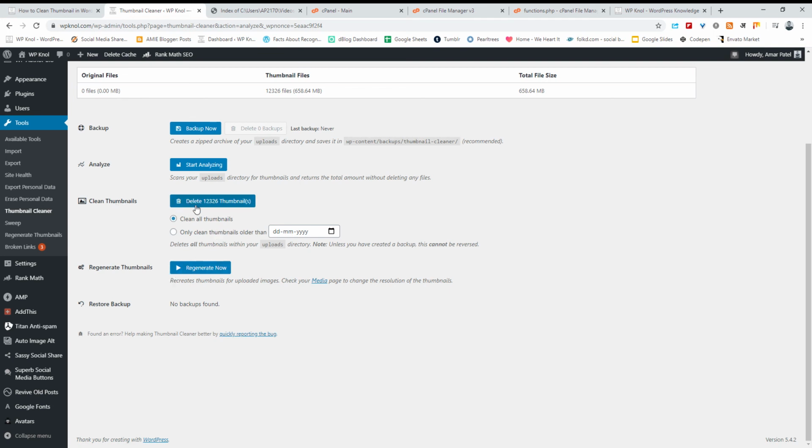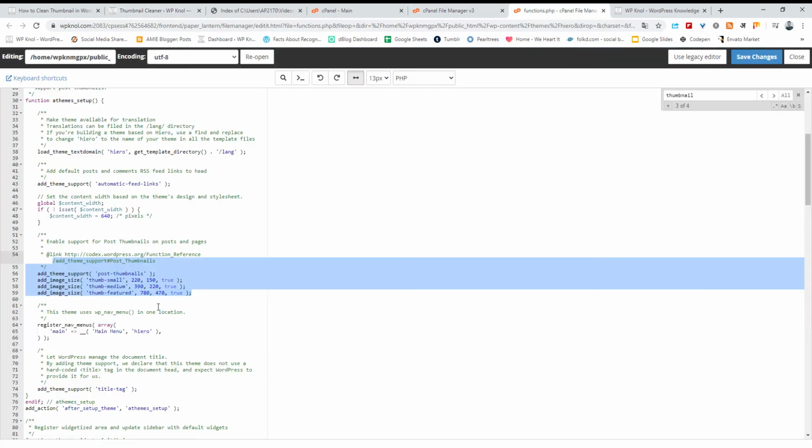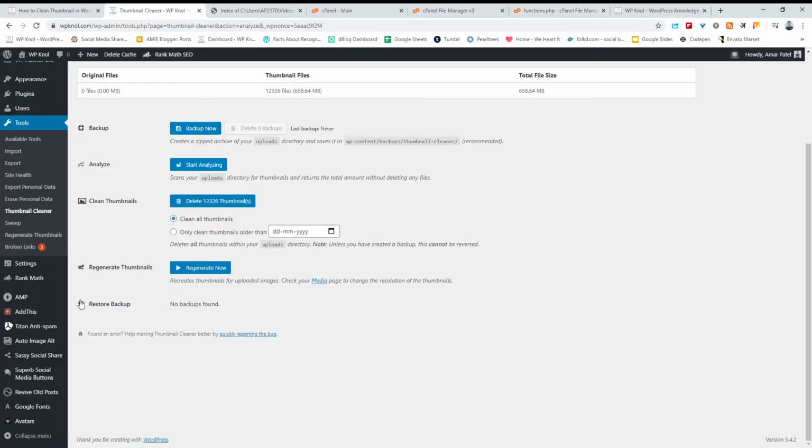So when you click on delete, it will delete all your thumbnails, and as per your new settings, if you change something here, then in the Tools section there is a regenerate thumbnails option. There are many thumbnail regenerator plugins in the WordPress directory. You can install any.